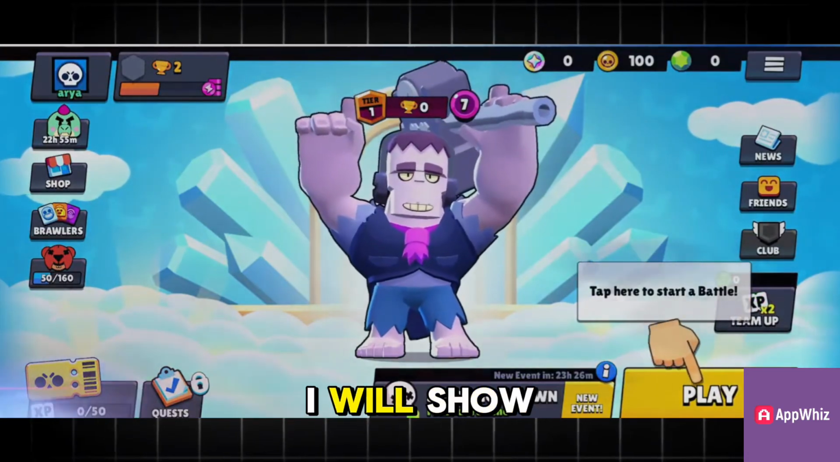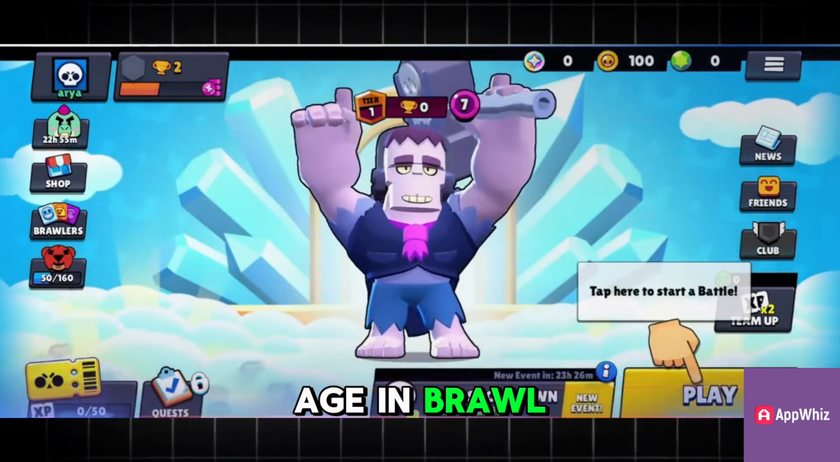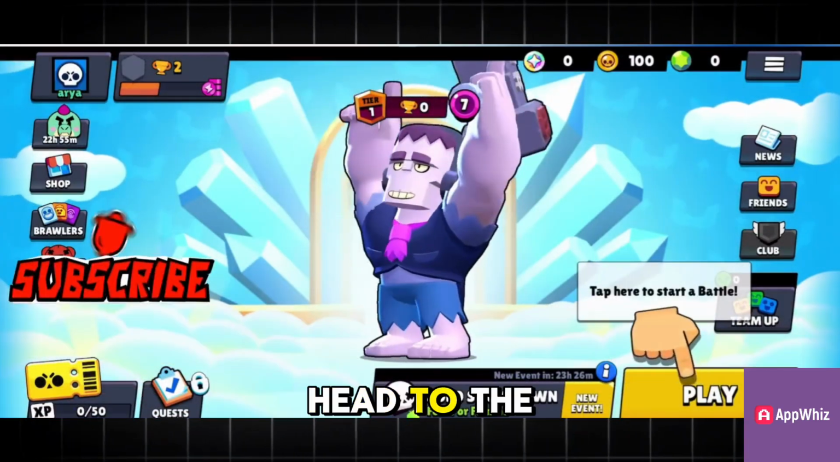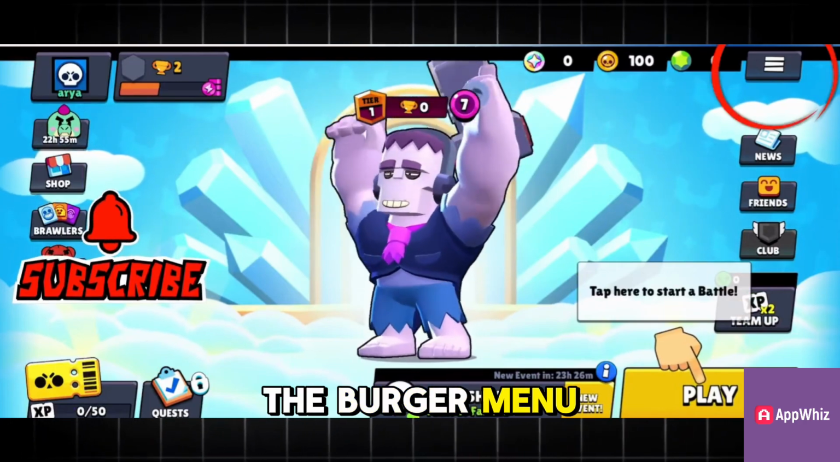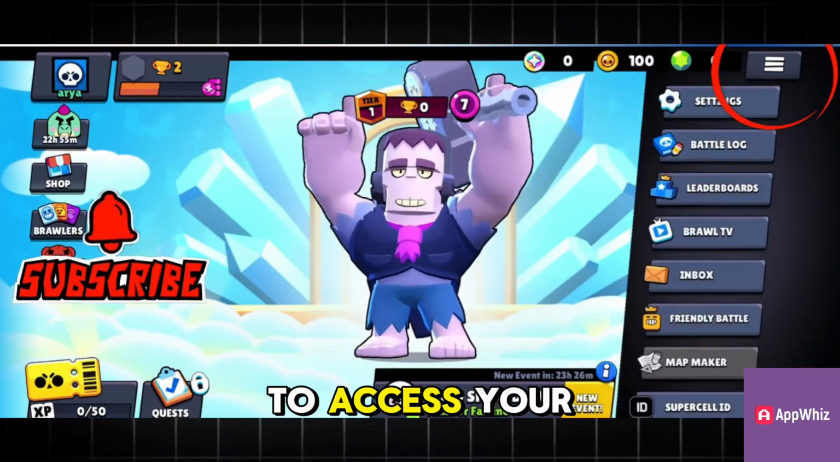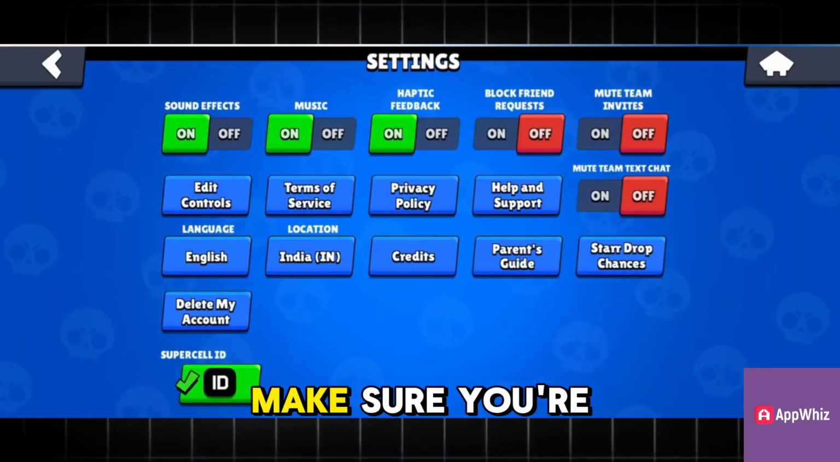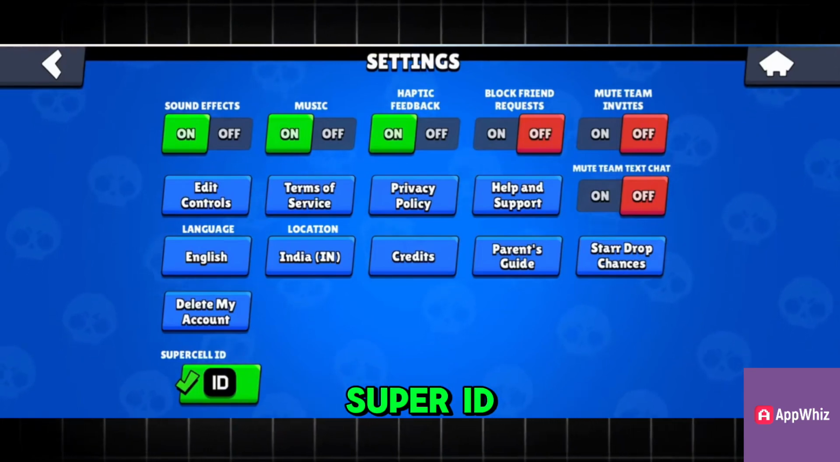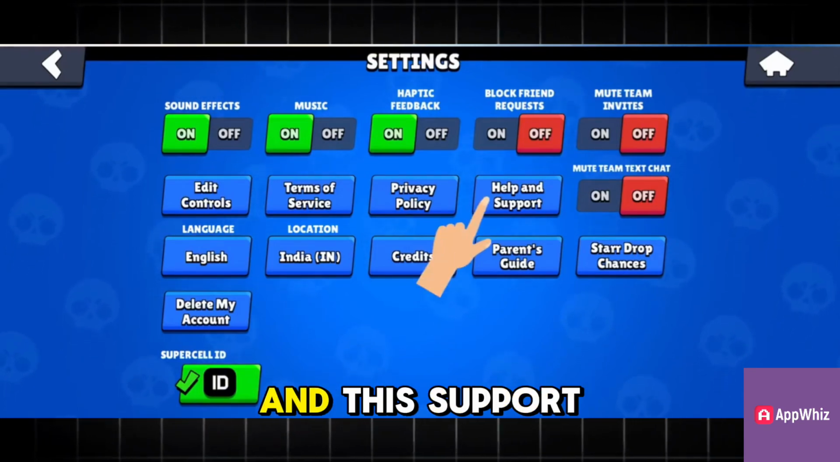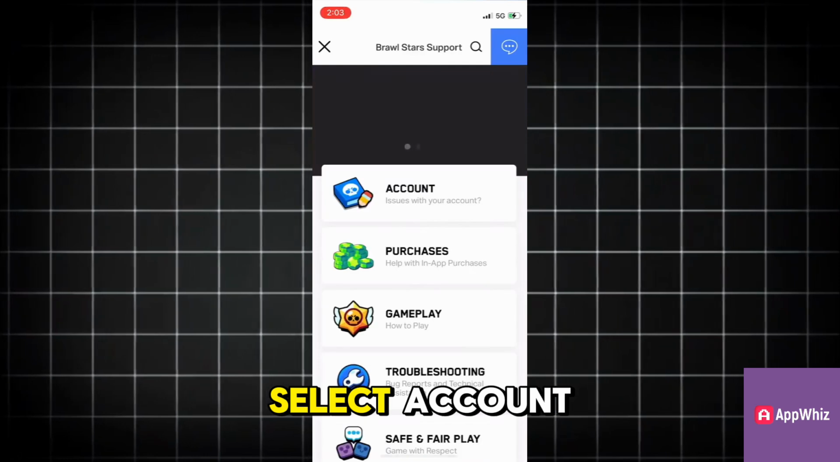In this tutorial, I will show you how to change your account age in Brawl Stars. While playing Brawl Stars, head to the main menu and tap on the burger menu icon on the top right to access your settings. In your settings, make sure you're logged in with your Supercell ID, next head to Help and Support. And this support page will open up. Select account